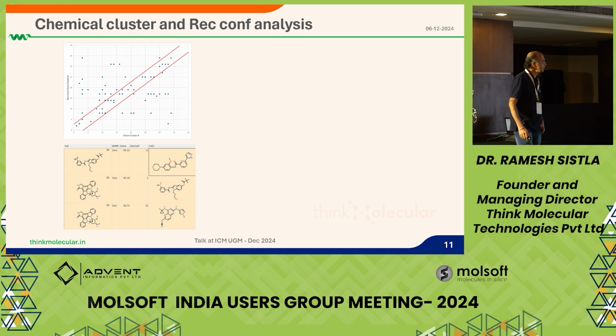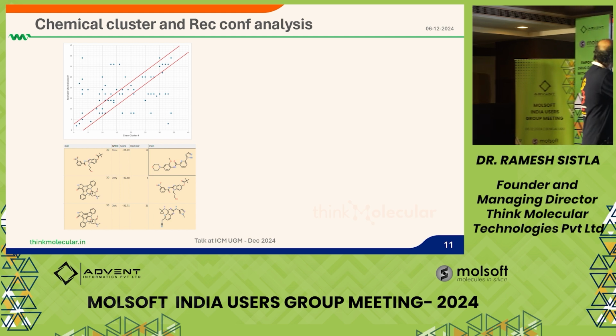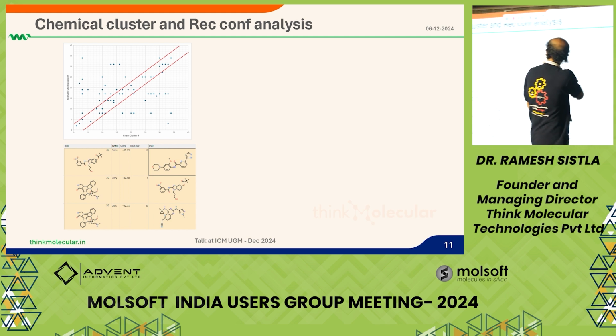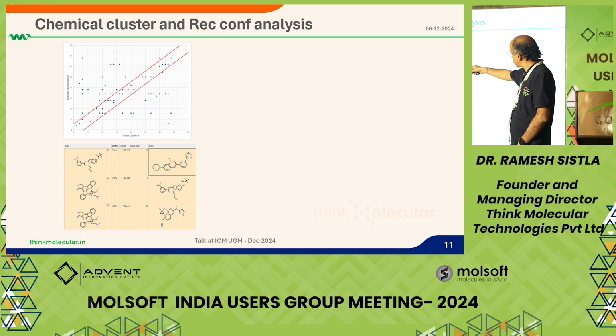Then I tried to do an analysis here. In this particular plot, the x-axis is the chemical cluster, the number of the chemical cluster, and the y-axis is the receptor conformation to which the chemical cluster